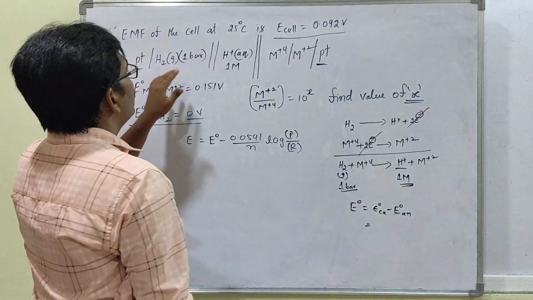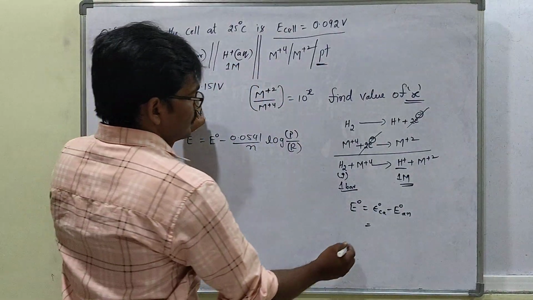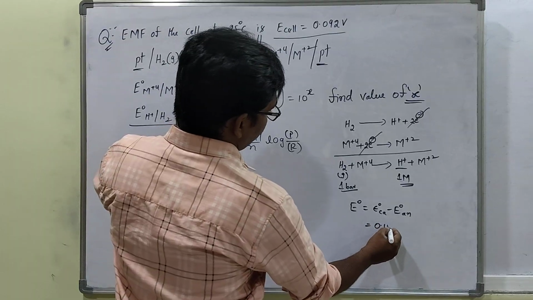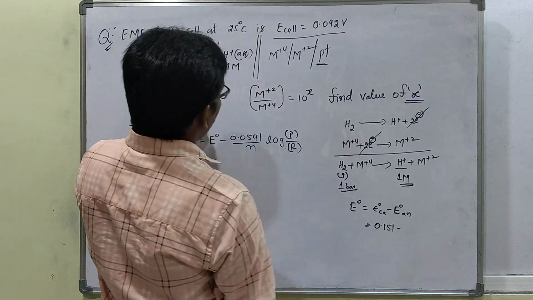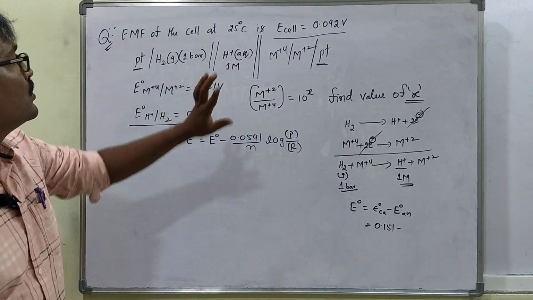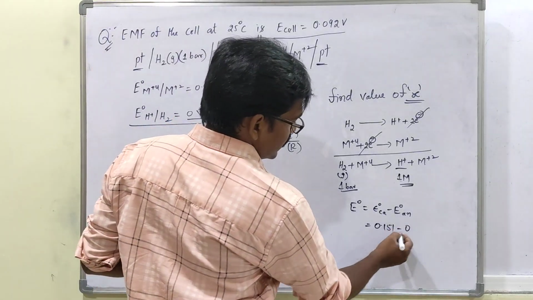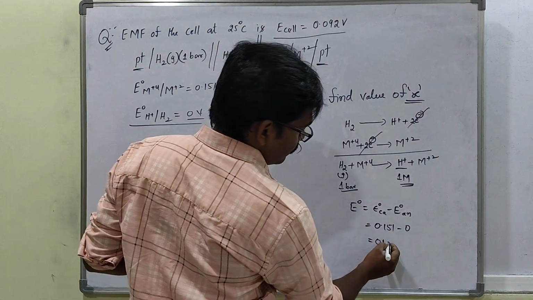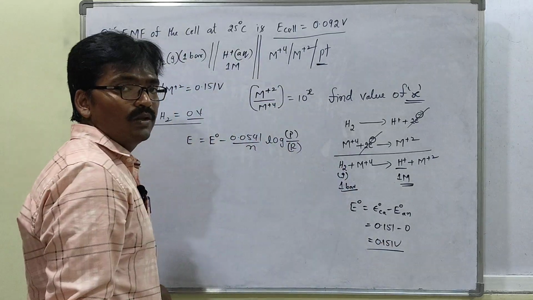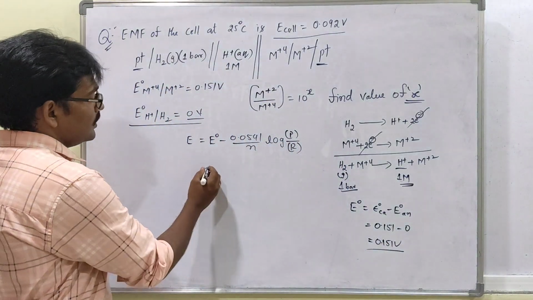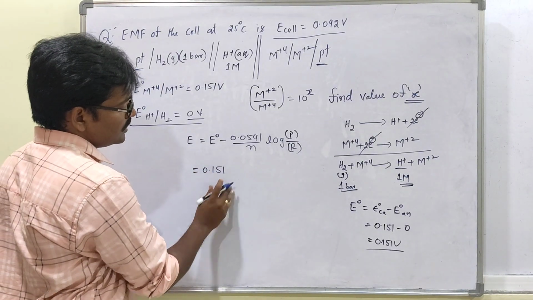E0 of cathode, which of these two works as the cathode? This cell is working as a cathode. What will be the value? 0.151 volts, right? Then minus the anode, which is the hydrogen electrode, that is 0 volts. So you can get 0.151 volts, right? That is the E0 cell value. So once E0 cell is obtained, I substitute it here. E0 cell 0.151 volts minus